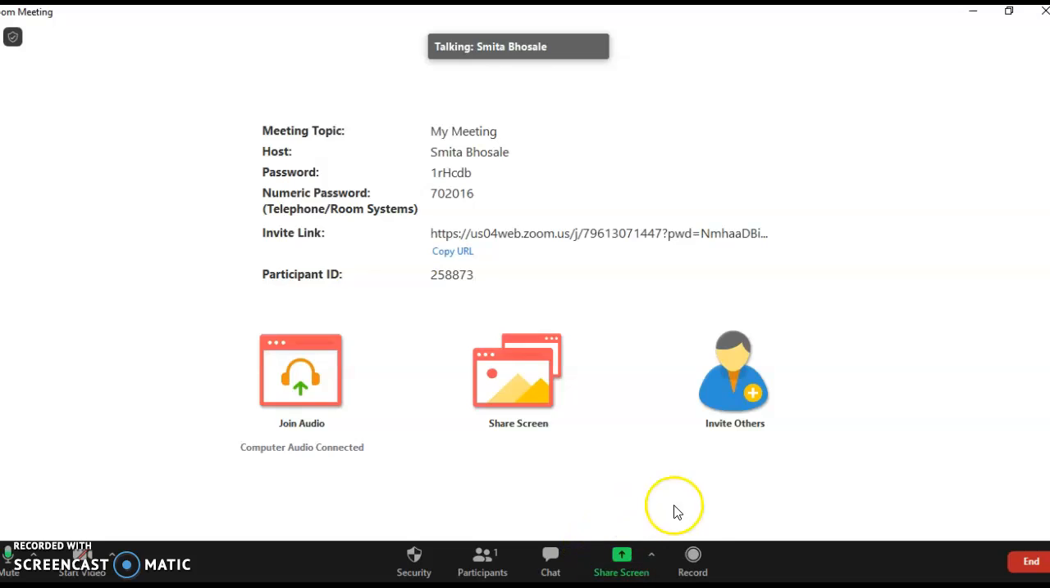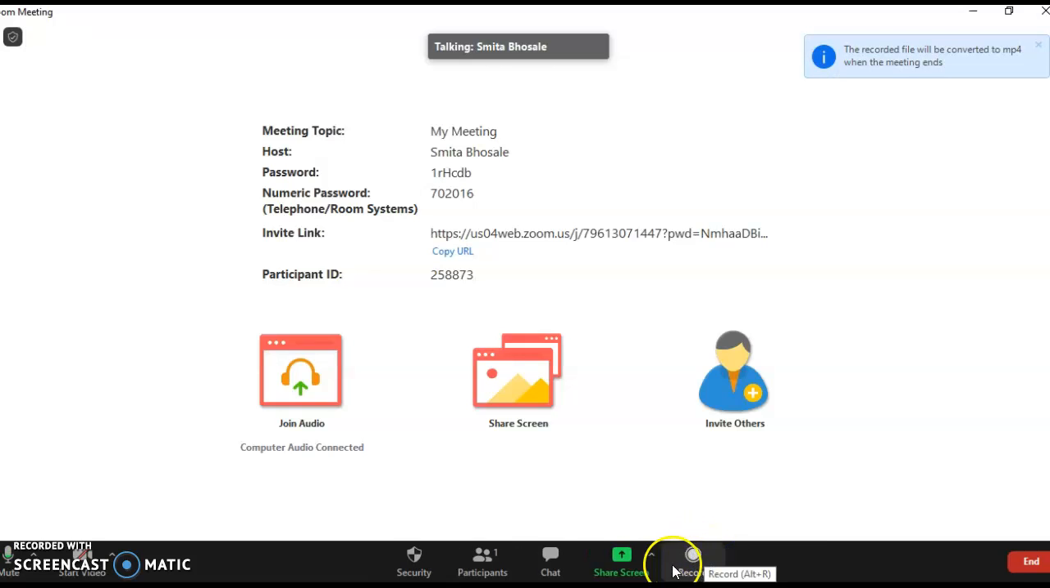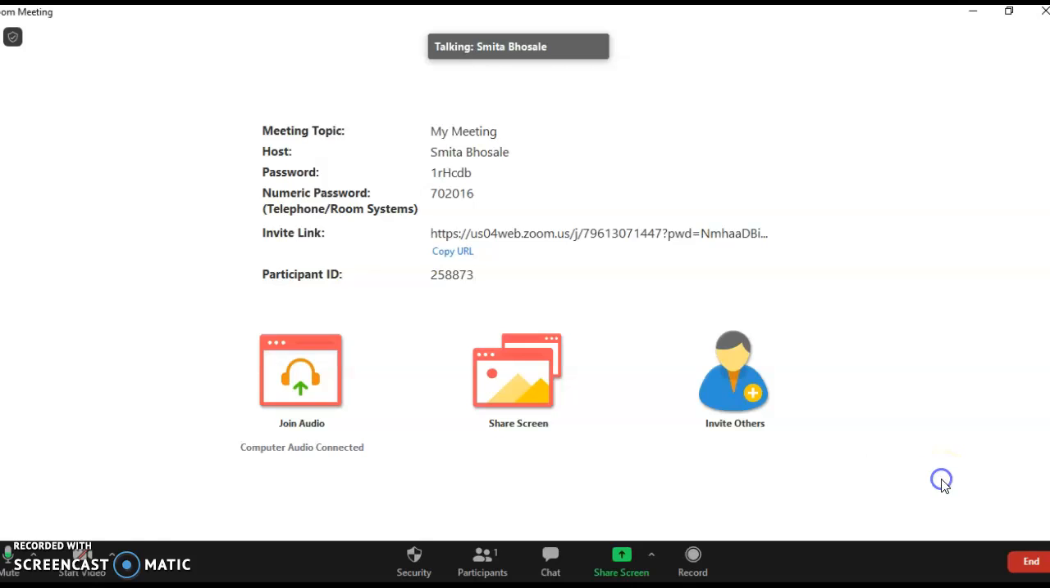If you need to record your meeting, there is a facility of recording. So if you record the meeting, you can see the meeting is recording now. You can also pause the recording, and you can stop the recording. Now I stop the recording, and if you wish to end the meeting, you can click on end. You will be given an option to either leave the meeting or to end the meeting for all. Once you end the meeting,